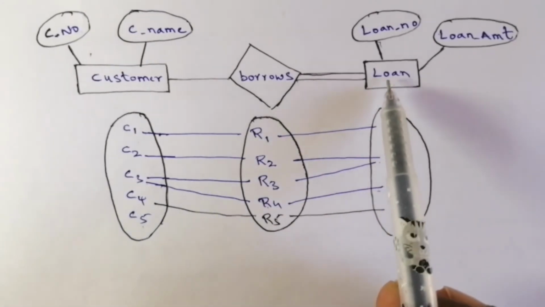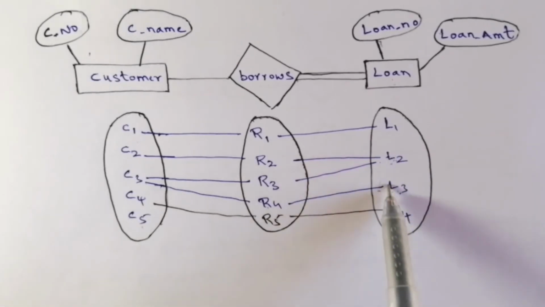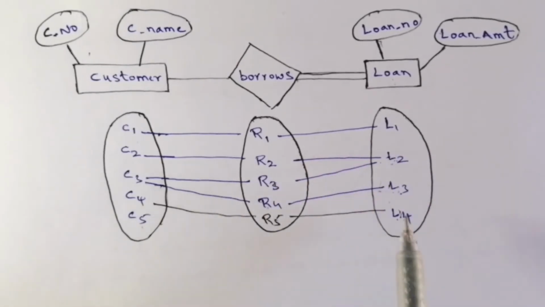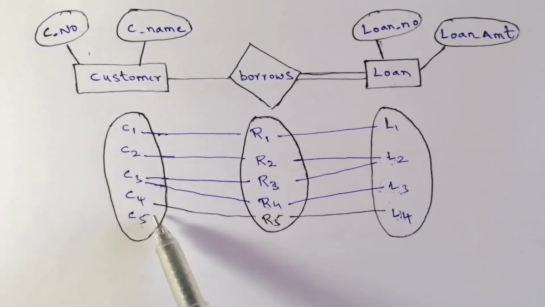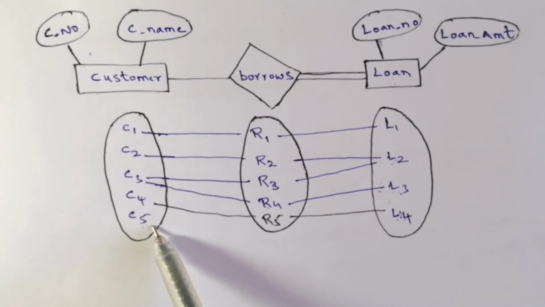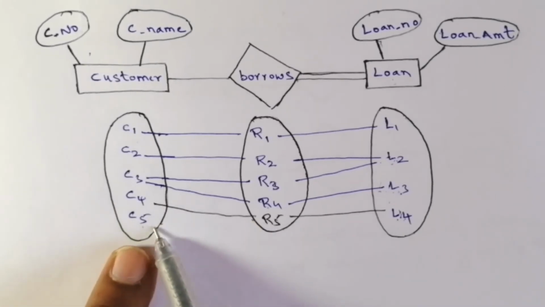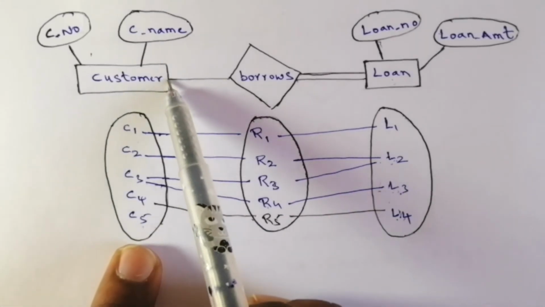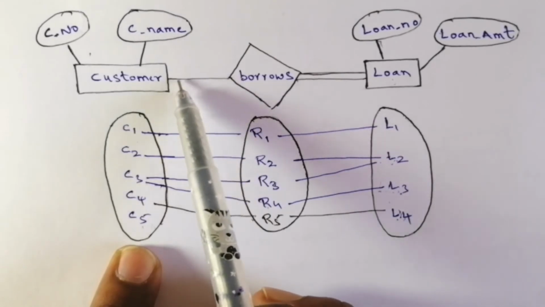So in an entity set, if every entity participates in a relationship, that is, there should not be idle entities here, right? So here in this case we have seen C1, C2, C3, C4 have participated, but C5 is idle. It has not participated in any relationship. So it is possible here, because what type of relationship is between the customer and the borrowers? It is partial. That is, there is no total, right?